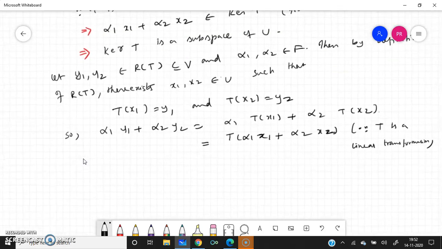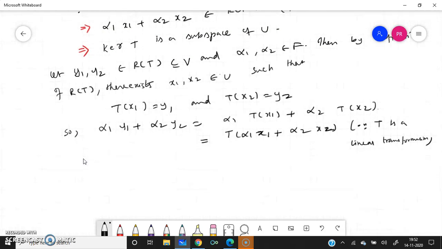Now we have proved that vector addition and scalar multiplication exist in range of T. Therefore,